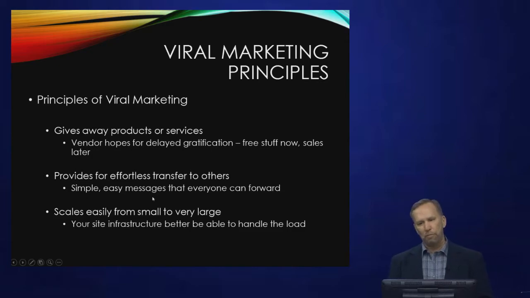So, two types of marketing that are pretty much central to the online environment, viral marketing and buzz marketing. So viral marketing is essentially a technique whereby we give away a product or service. We may not give it away entirely for free. Maybe we just sell it at a price that's significantly below its normal retail value. And when we give something away, we're hoping for some delayed gratification as the website operators. We're expecting that those customers will appreciate that we gave them something of value and that they'll be reciprocal and come back and buy stuff off our site.